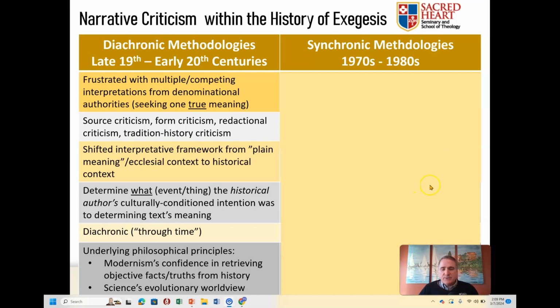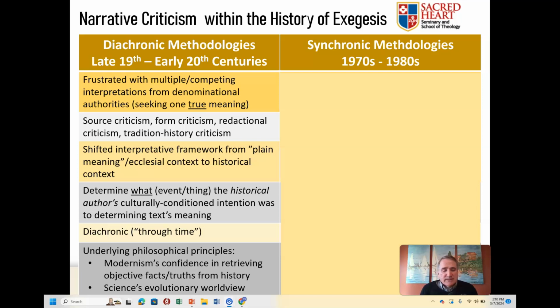The underlying principles were that they stem from modernism: confidence in retrieving objective facts and truth from history, right? That history itself could be understood, could be studied. Of course, this was also due to, in the 19th century, this whole project to reclaim sources and get back to original sources. Well, this is part of it, but it also had the sense that you could come to know history